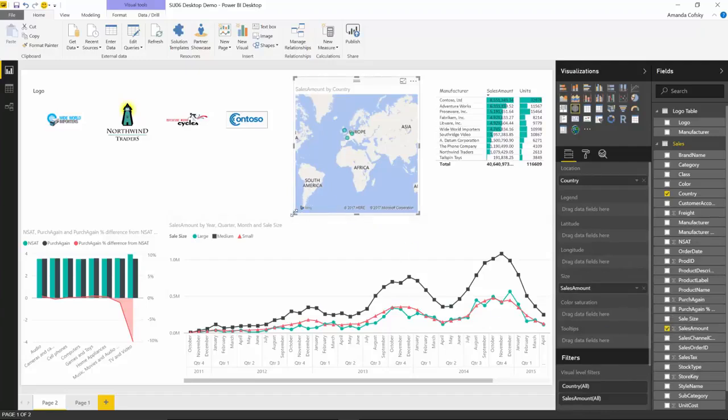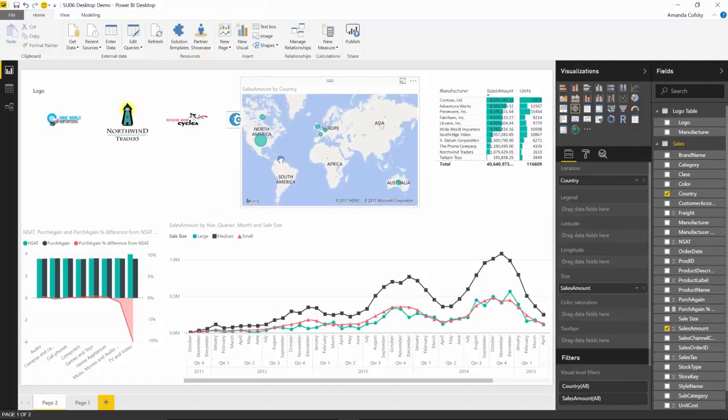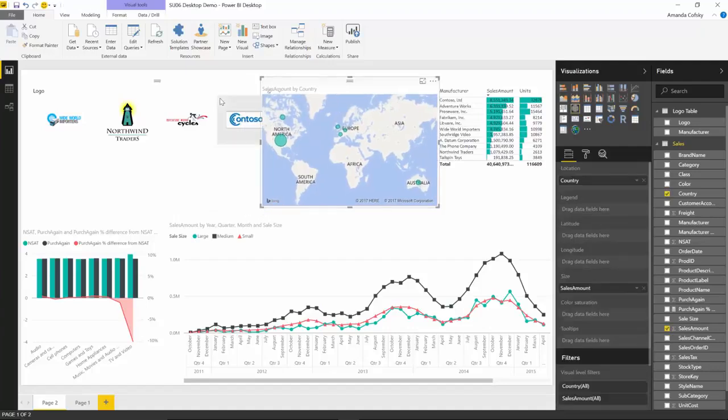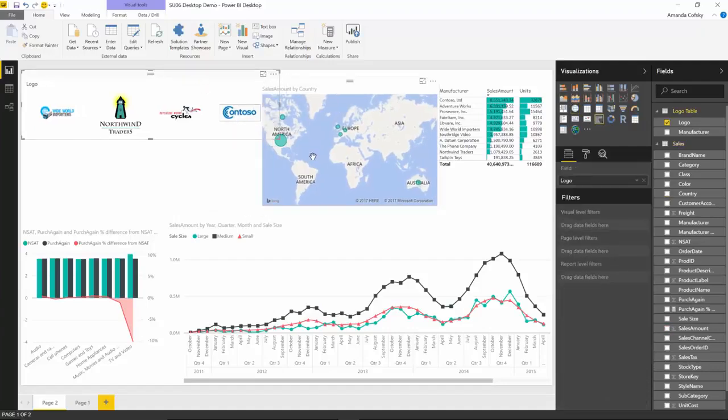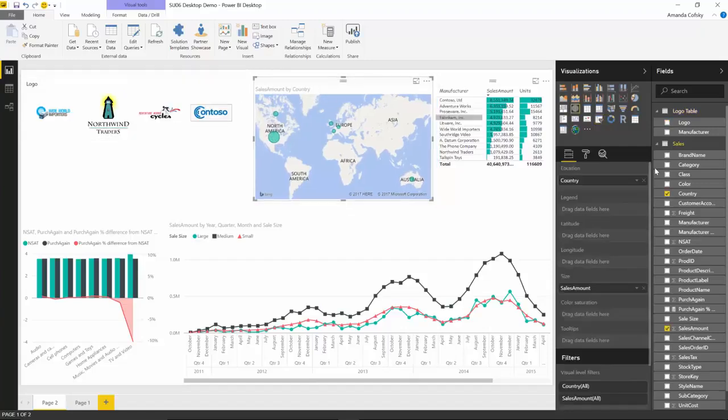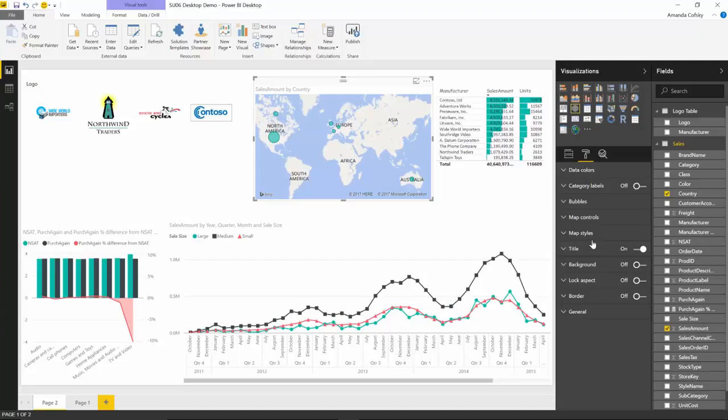So by default, we still have the standard road map, but in my formatting pane, I have this map styles option, and in here, you'll see theme, and